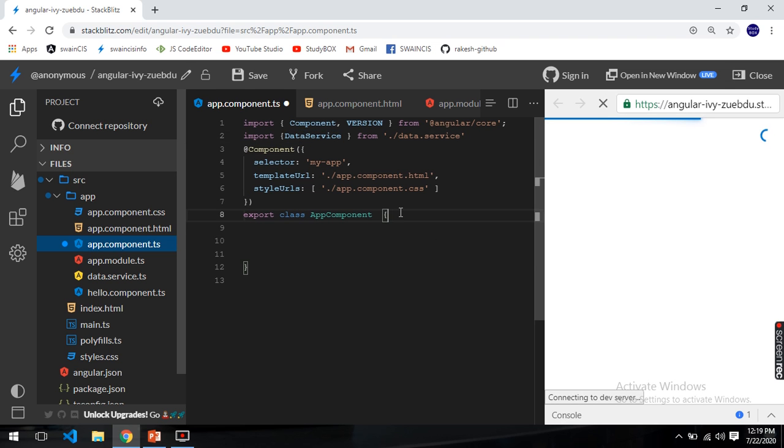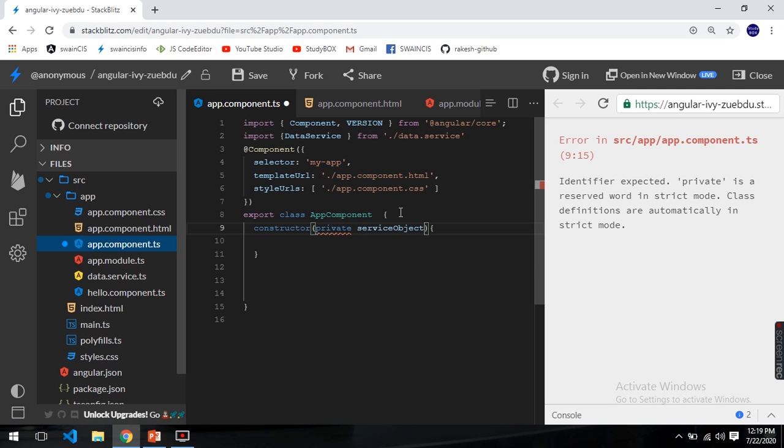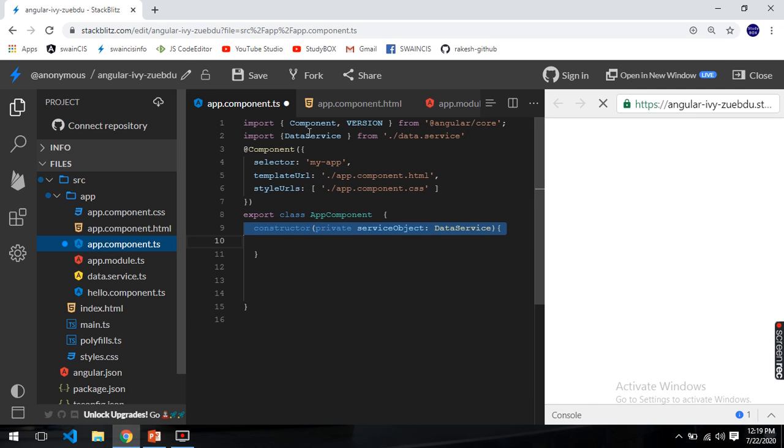Now we need to use the constructor to create the instance of that particular class, otherwise you can't use the functionality. So I'm creating a private service object of DataService. This is the class we are going to use. Now I can call the functionality in my service file through this object.